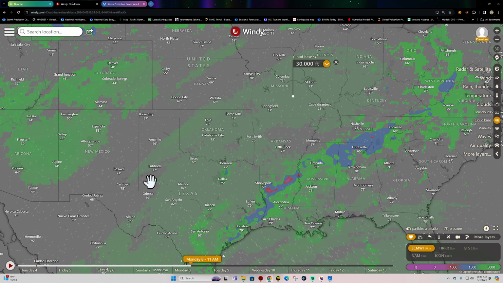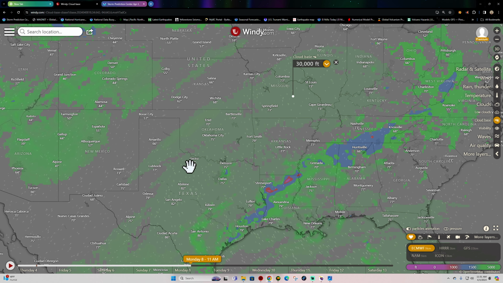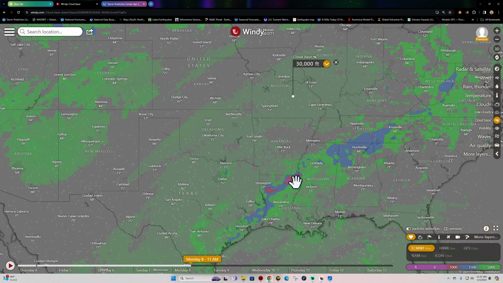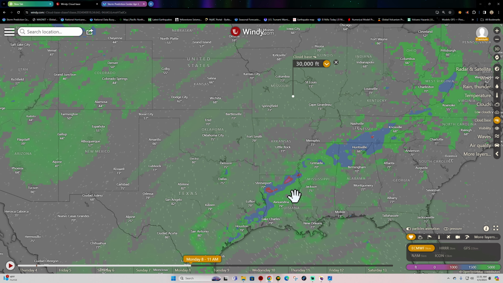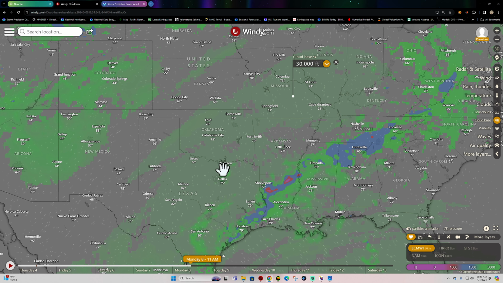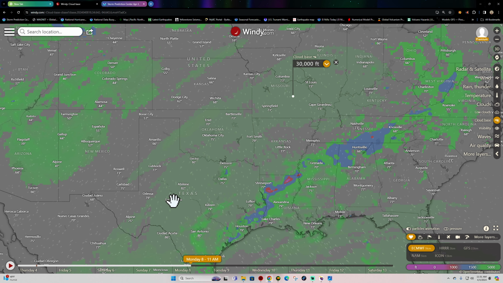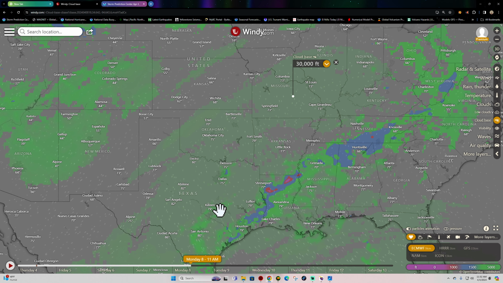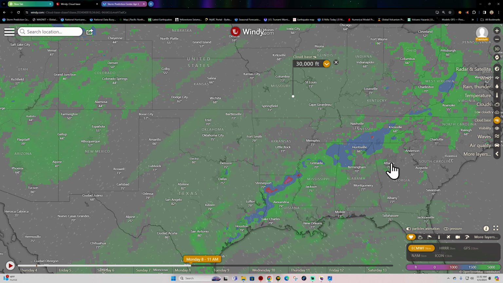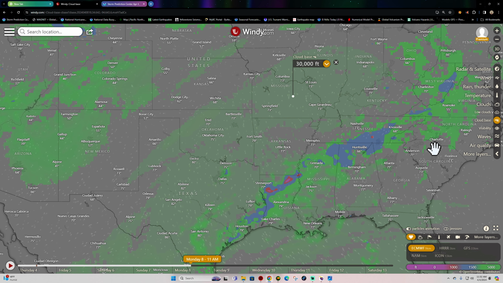But if you got a thick layer of high cirrus clouds up there in the atmosphere, it's really not going to make viewing the totality any easier, because a lot of times that can block out the sun, the view of the sun anyway. So we'll check back on this a little bit later tonight.